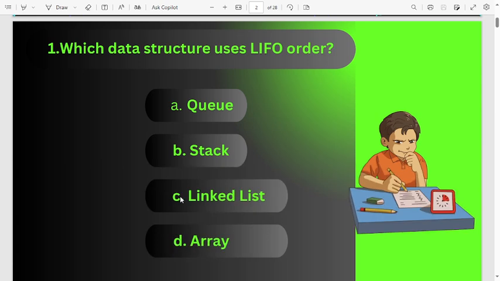The very first question is, which data structure uses last in first out order? Options are queue, stack, linked list or array. I know the question is easy, but we can't forget that in our previous examination there were questions regarding FIFO. So think properly and answer the question. The correct answer will be